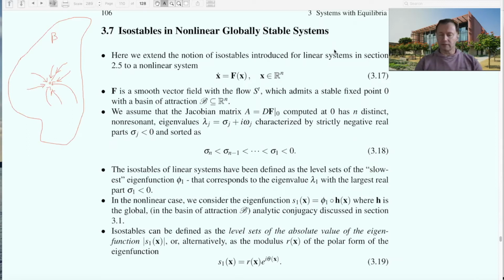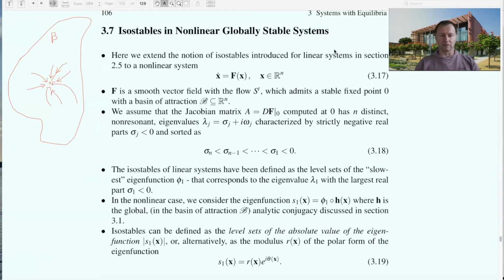So we finished the last lecture with the discussion of stability of equilibria using the Koopman operator point of view. Prior to that, we also discussed how one can use Koopman eigenfunctions at eigenvalue 0 of a continuous time system to identify basins of attraction. And we're going to continue this topic of